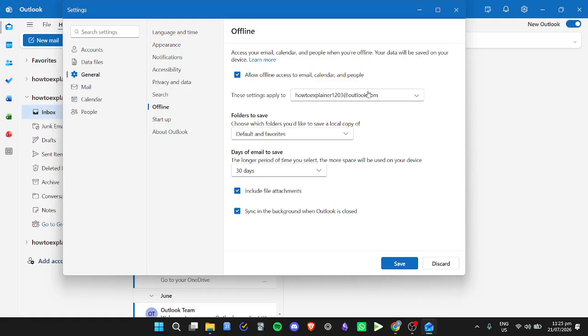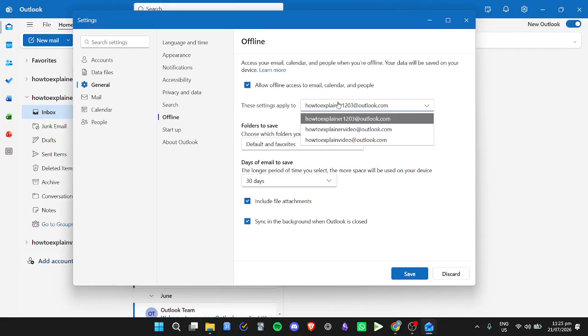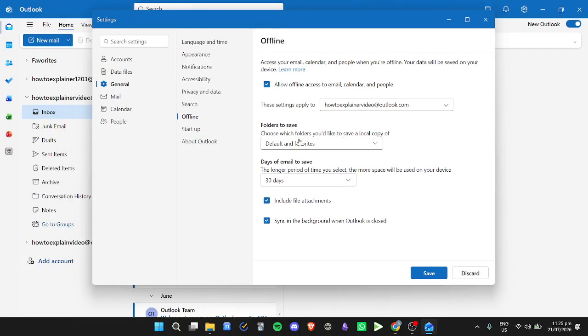So let me apply this to the correct account since I'm using this one, Auto Explainer Video at outlook.com. So just turn on that, and then from here you will have some different settings. You can choose which folders to save a local copy of so that you can work on it even when you're offline. So you can choose right now, it says it saves a local copy of the default folder and